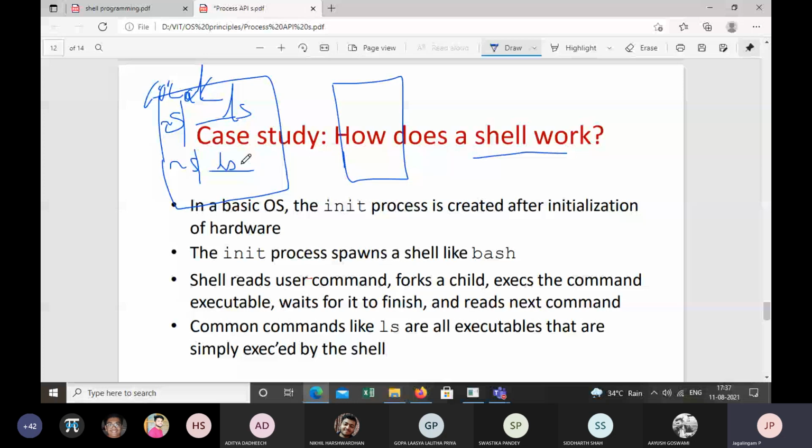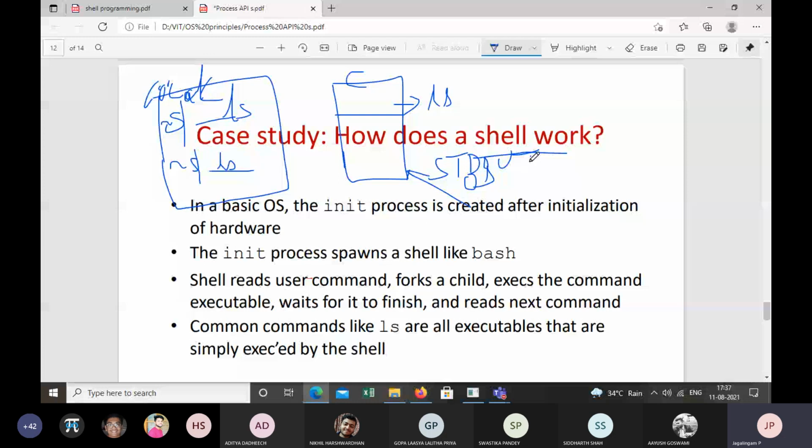Now the child process will execute the instruction, the code of ls. When the child process is created, we have a memory image of that, and then the operating system points a file descriptor stdout. So after execution of the instruction, the child will display the output on the screen, and then it will come back.